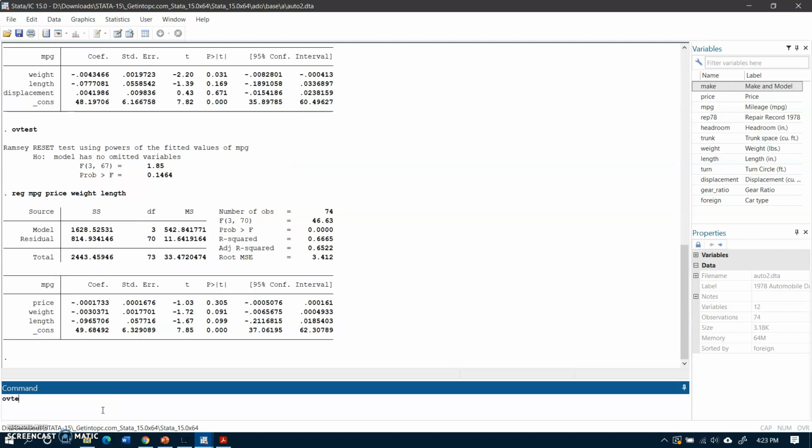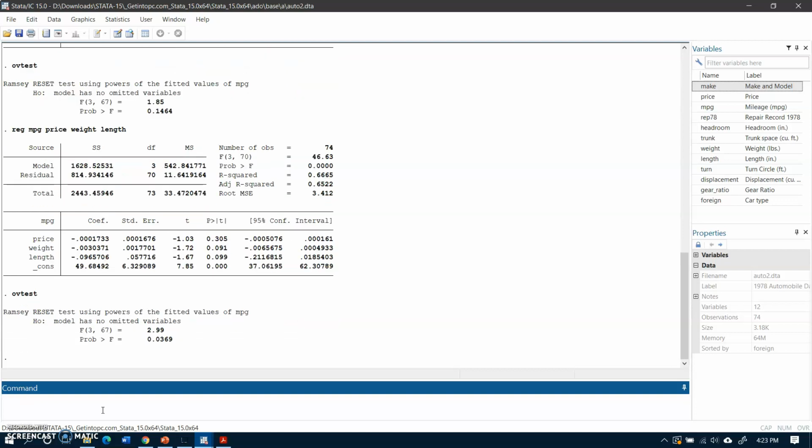Again OV test, and this time when I included the price variable in the model, now the F statistic value is 2.99, but its P value is 0.03, which is underneath the 0.05. So now we reject the null hypothesis and we conclude that the model has some omitted variables.